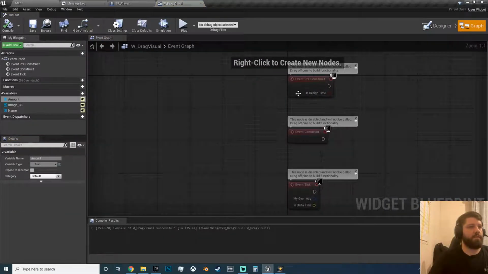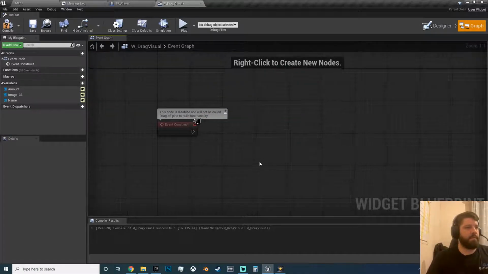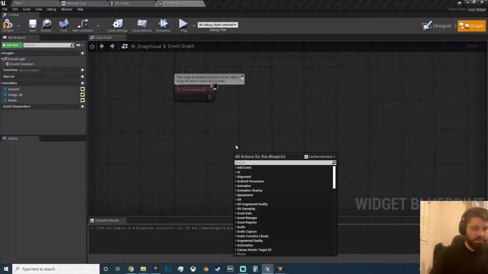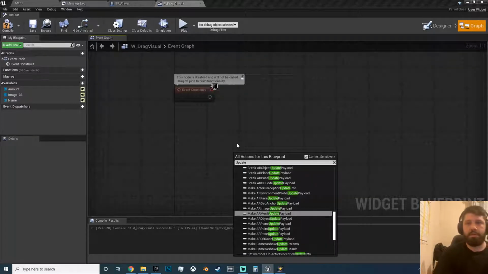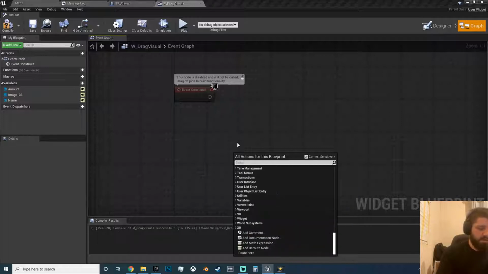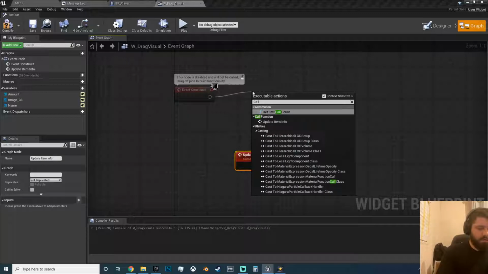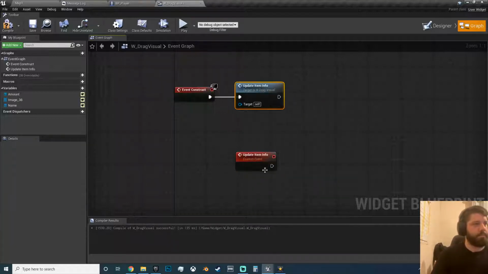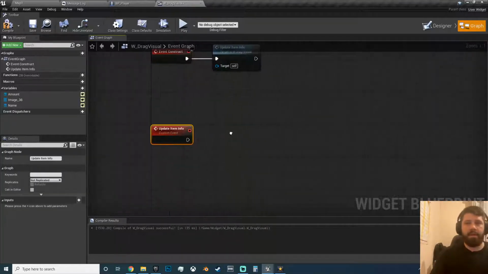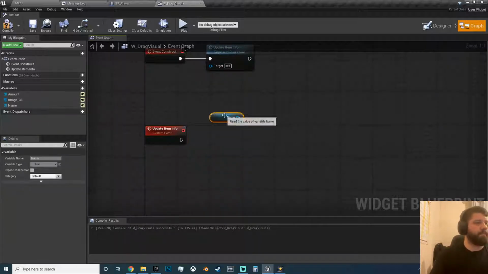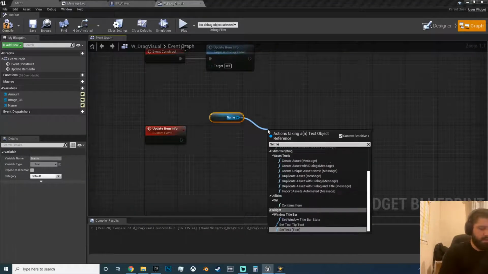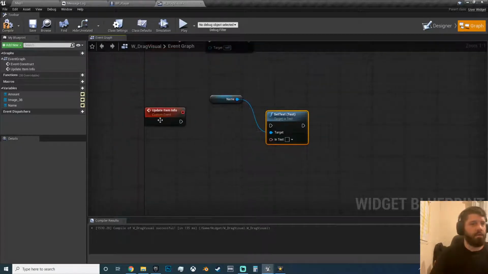So in the graph, we have event construct. I have called the event update. Custom update item info, and then on construct call update. Okay, so we are going to set the name, set text to,